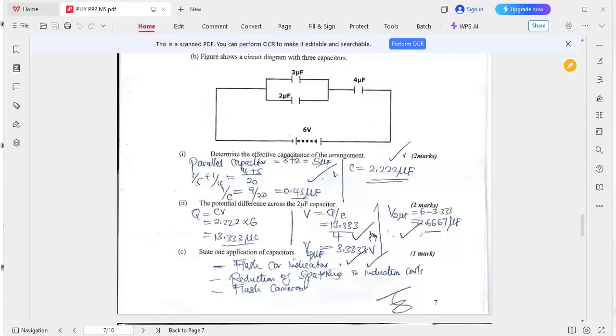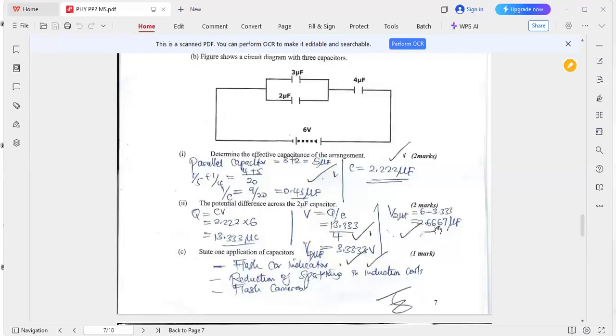So we are now going to take the 6 volts total voltage minus voltage across the 4. So 6 volts minus 3.333 gives us 2.667